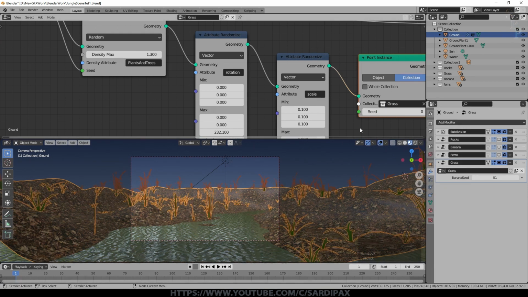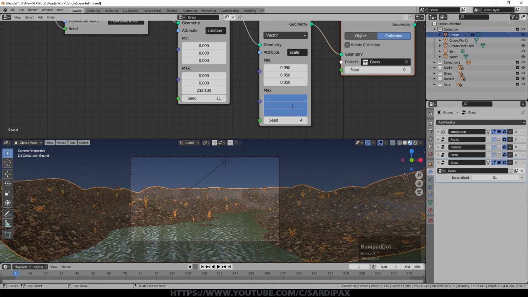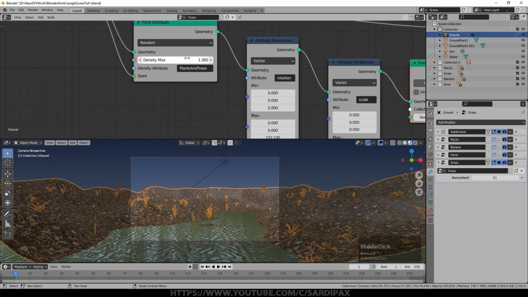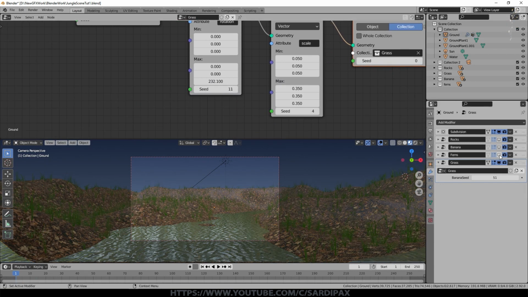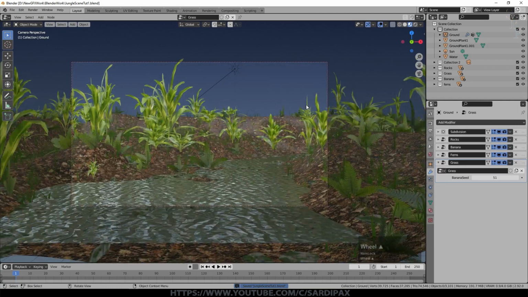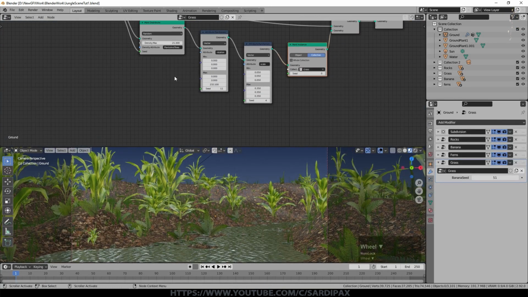Now those are quite large for grass, so we'll go for 0.05 as the lowest value, and maybe 0.3, perhaps 0.5 for the largest value. However, we can go for a much higher density for the grass. Yeah, that might still be a little big. So if we turn all of those on, we still don't have any trees, of course, and see how that's looking. It's certainly getting there. I would say the grass needs to be much higher.